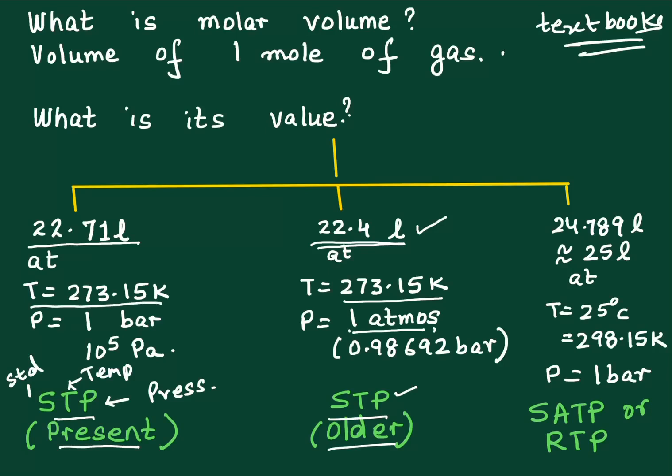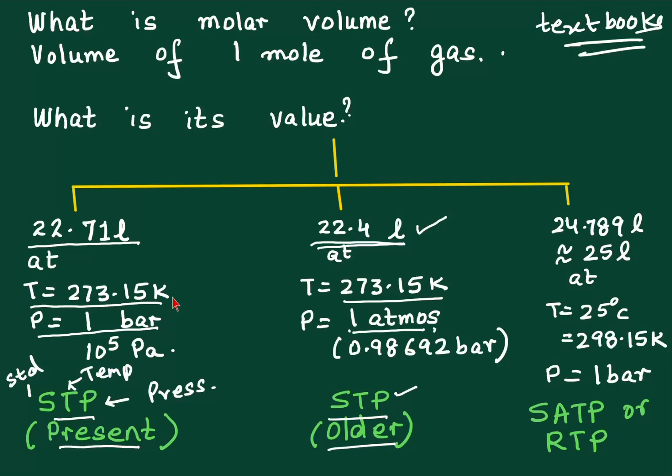The temperature is the same, 273.15 Kelvin. You notice over here pressure is taken as 1 bar. That is the standard SI unit of pressure that has been accepted, right? But varying from curriculum to curriculum, country to country, the standard values may be different. In fact, within the same country also, depending upon the field a person is working in, as you will advance into more technical fields, you will see that the values used may be much different from these scientific values.